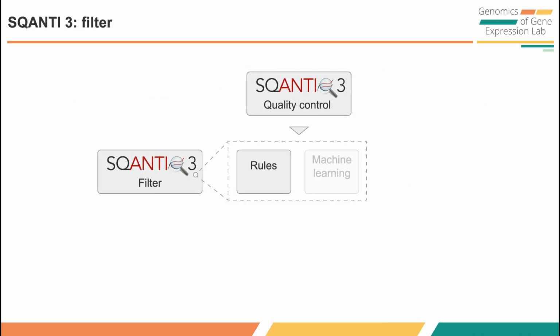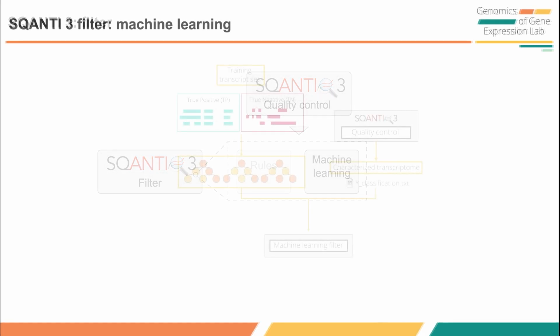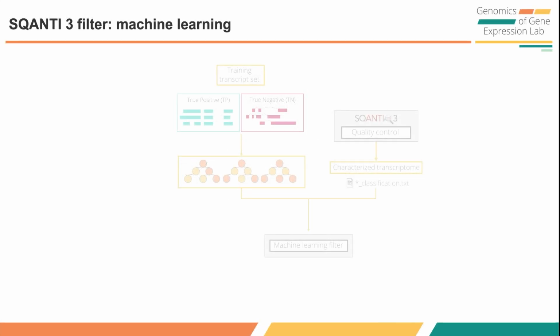Instead of the SQANTI3 rules filter, SQANTI3 incorporates an automated filter based on machine learning. A random forest classifier is designed to discriminate potential artifacts from true isoforms without needing user-defined rules or manually set thresholds. Similarly to the rules filter, the machine learning filter can be run using the SQANTI3_filter.py script by providing the ML argument followed by the path to the